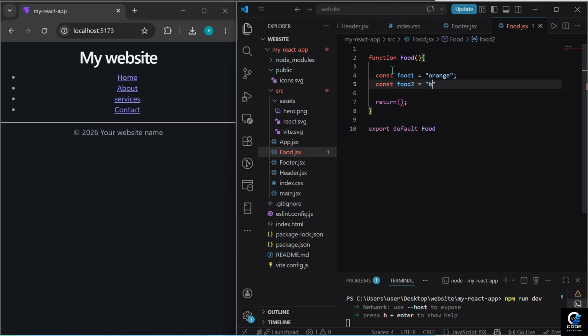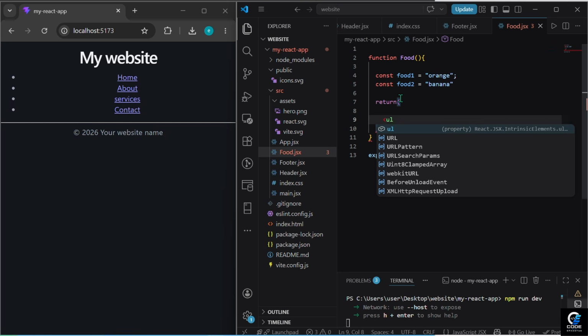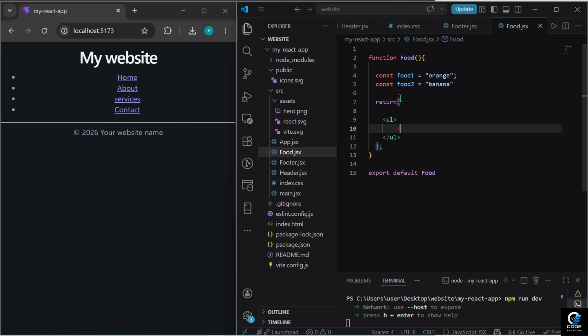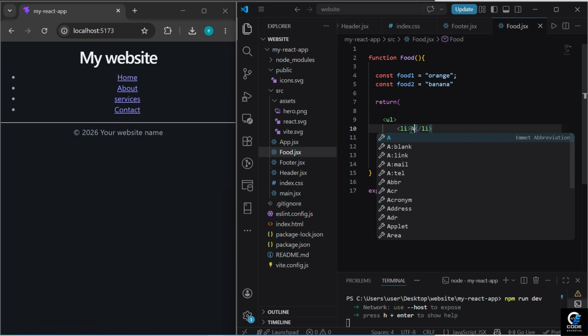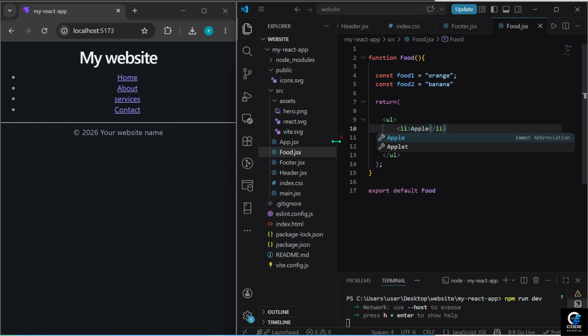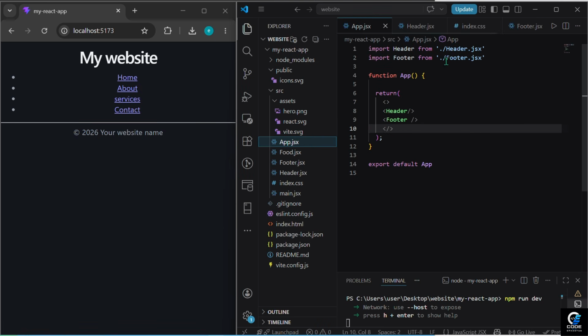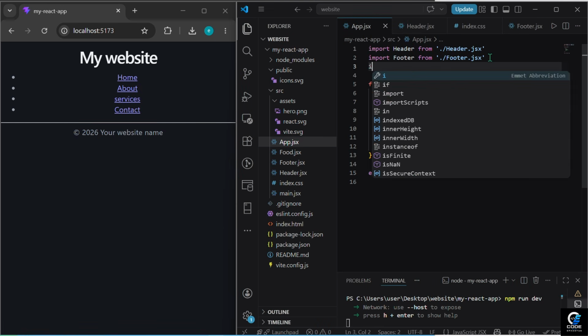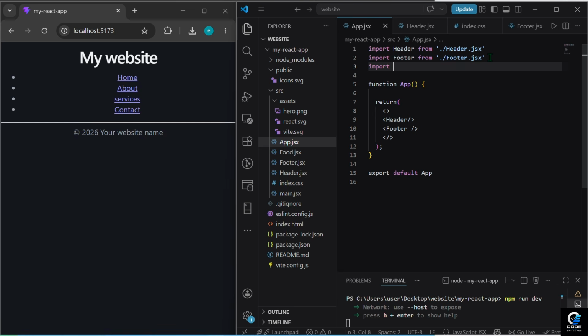Within the return statement, we can utilize these constants. What do we want to return exactly? I will return an unordered list. We'll have a few list items, 3 to be exact. My first list item, I'll just add some text. I'll add an apple. Just to be sure that everything is working, let's import this food component from our app